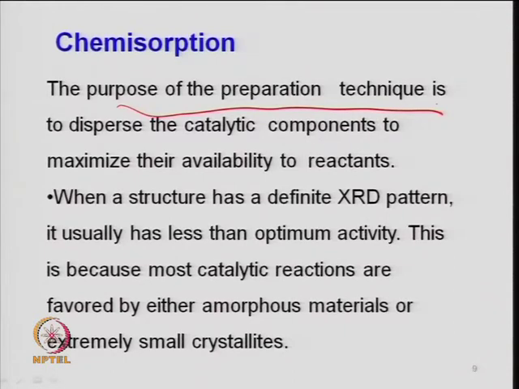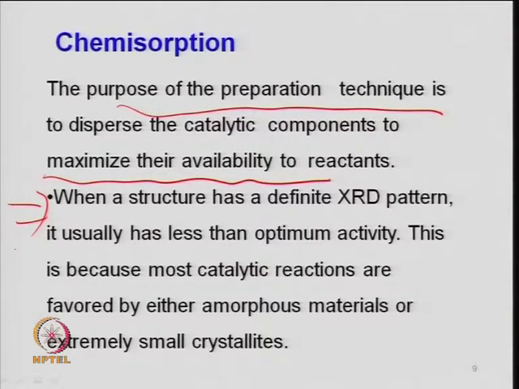So, generally when you prepare a catalyst, your aim is to have high dispersion of the metal. So, the metal is dispersed on the surface of the solid. How well or how badly they are distributed onto the support, that is the first information you can get from chemisorption. So, we want to maximize the availability of these metal species for the reactant, and you know that, or you should